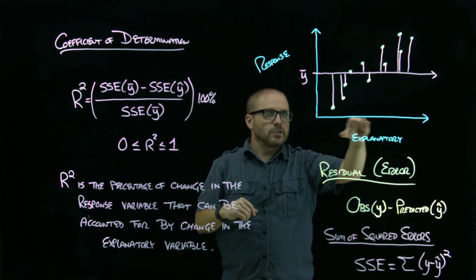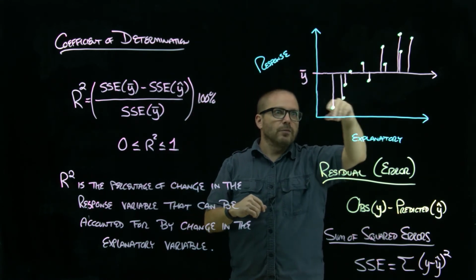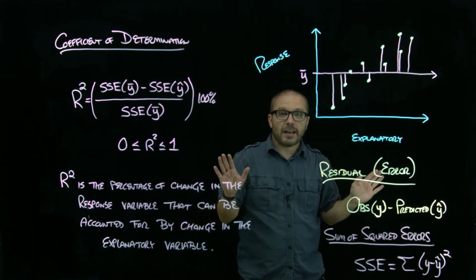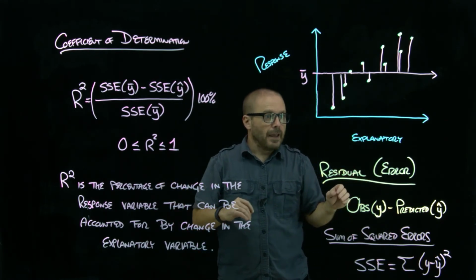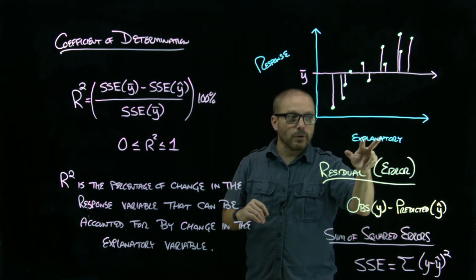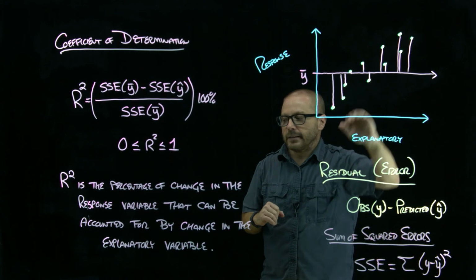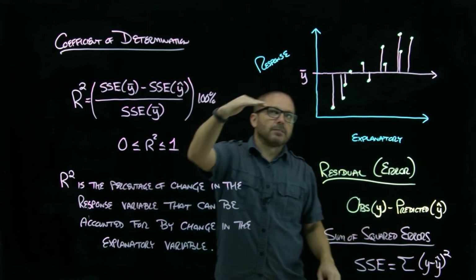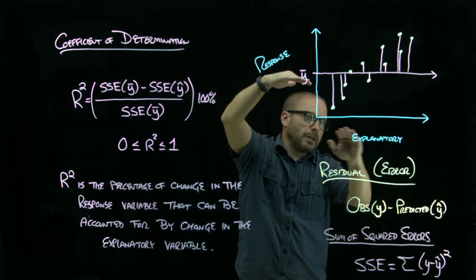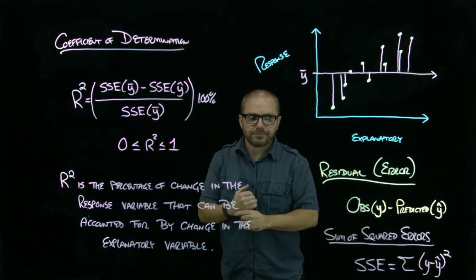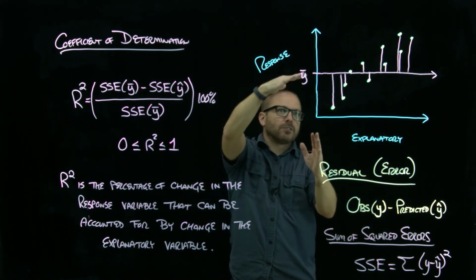If there was an actual physical connection between these two variables and there was nothing else to be accounted for, then knowing the explanatory would perfectly tell you the value of the response because it's perfectly linear. So 100% of the change in this response variable can be accounted for by a change in this explanatory. As it deviates from linear,